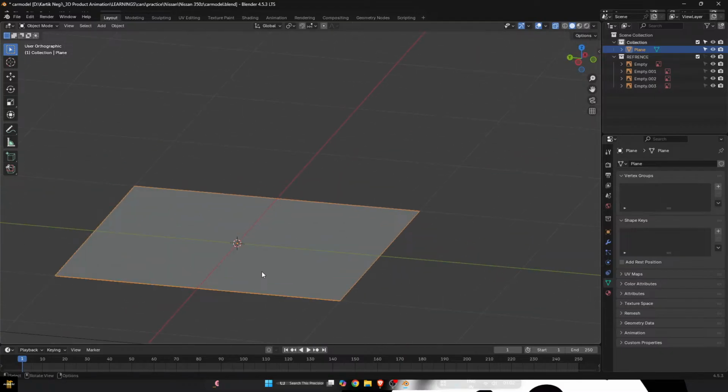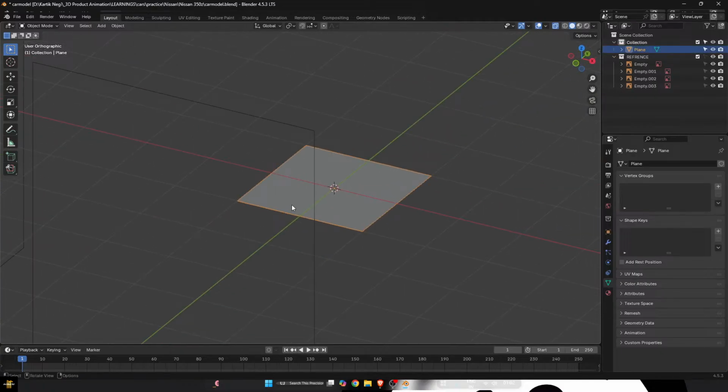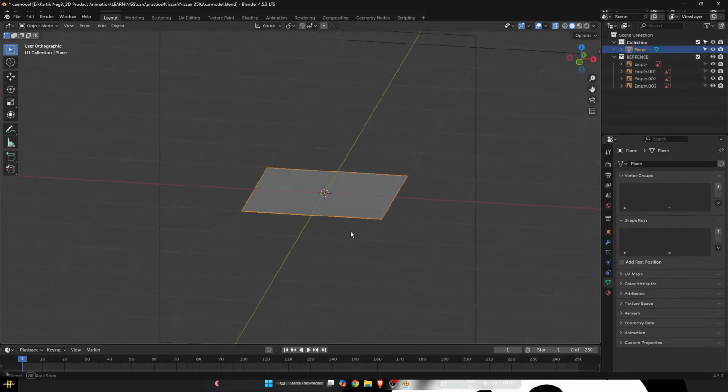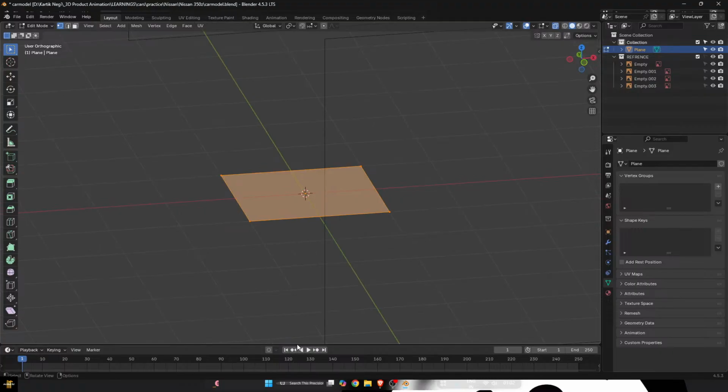So this is the plane we are there with, and we'll just select it and click on X. Not X, but we'll go into edit mode by clicking on Tab, or either you can go from here to edit mode. Now click on X, and you'll be there with a lot of options. But I think if you are there with just only these few of them and you want all of these to appear there, what you can do is go to edit, preferences, and you can just switch on the tool which is